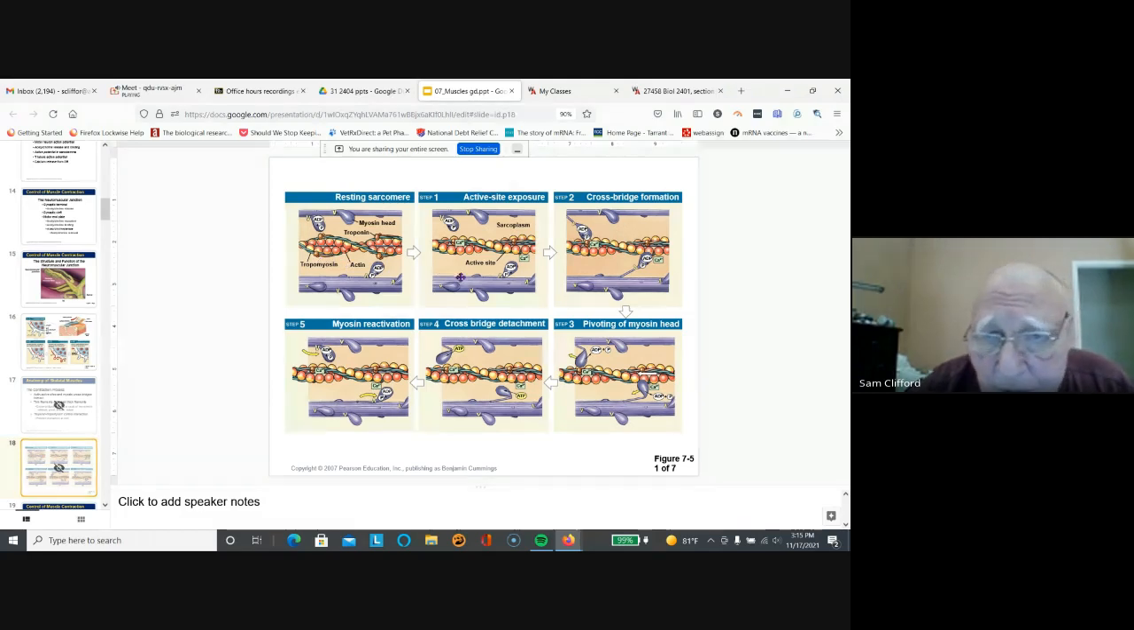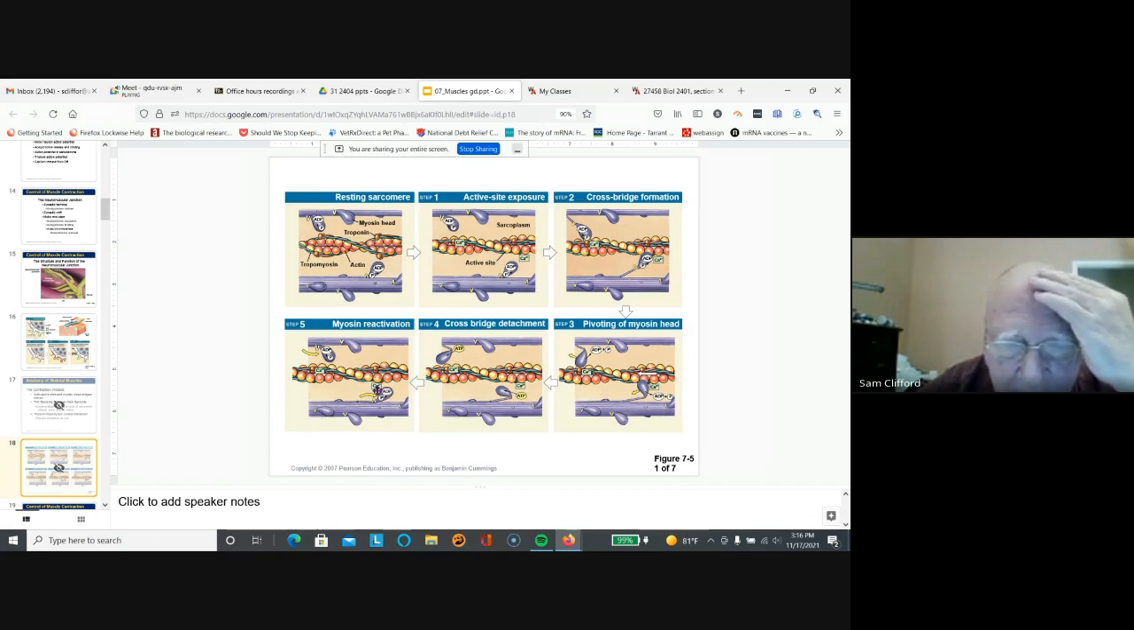rotate and expose the myosin binding sites on the actin. So, with calcium present and with the myosin heads energized, those myosin heads are able to bind to the myosin binding sites on the actin and they pivot, they're energized, they release ATP, and then they detach, and then they pick up ATP, which immediately breaks down to ADP and phosphorus, and the head is